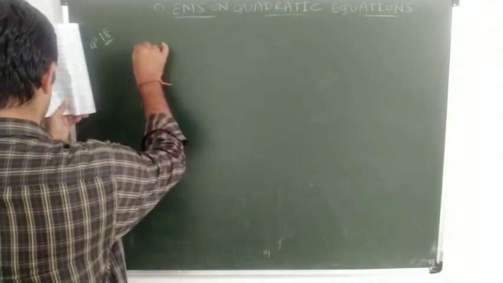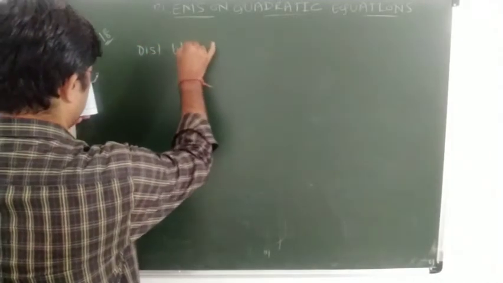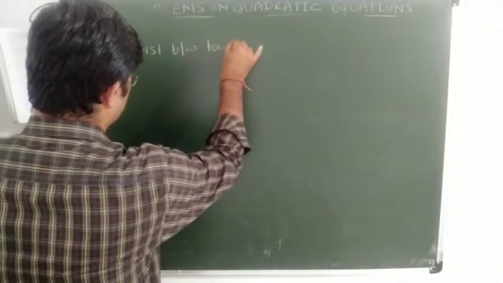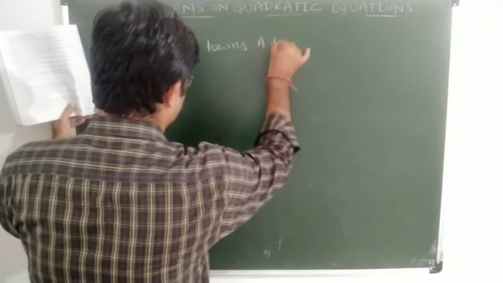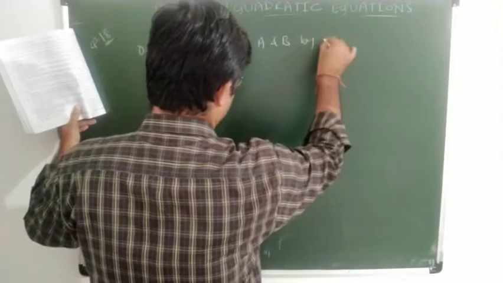A and B are two towns. So distance between towns A and B, distance by road, yes or no,